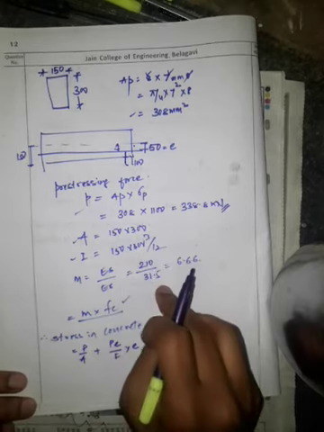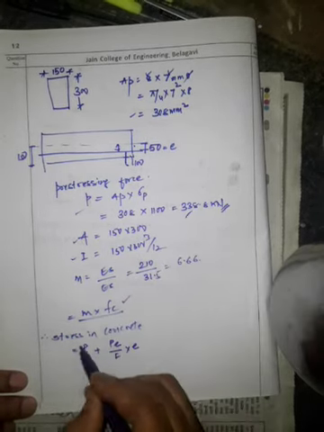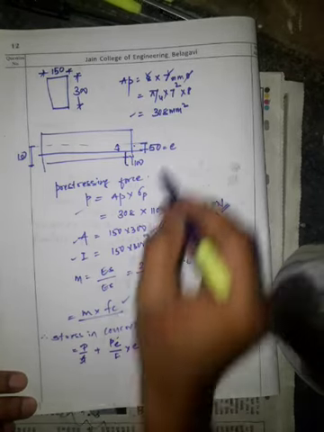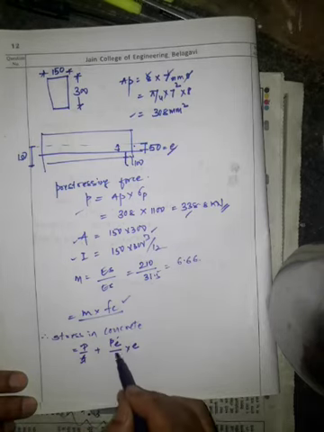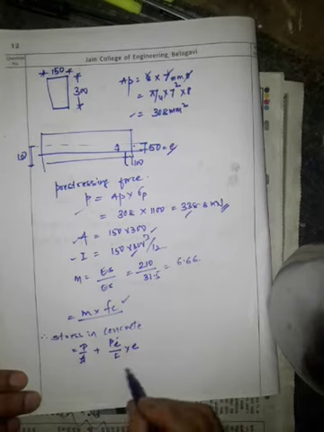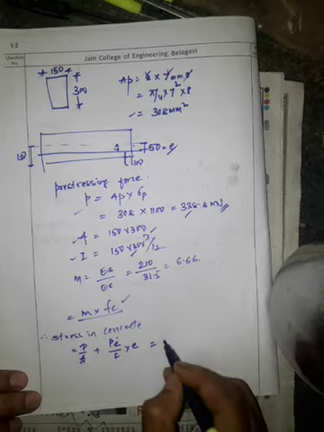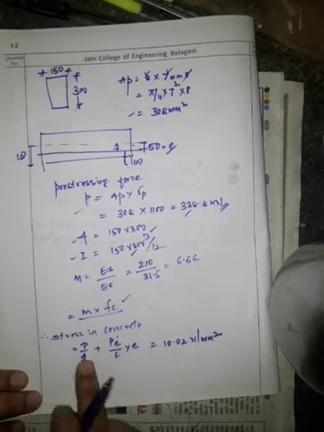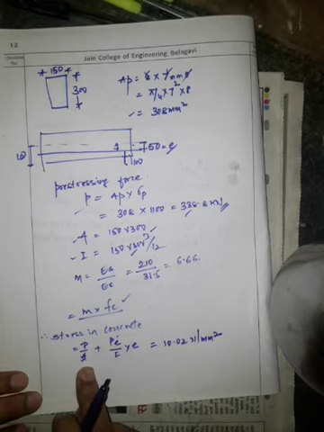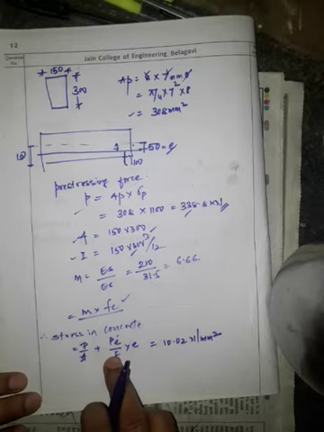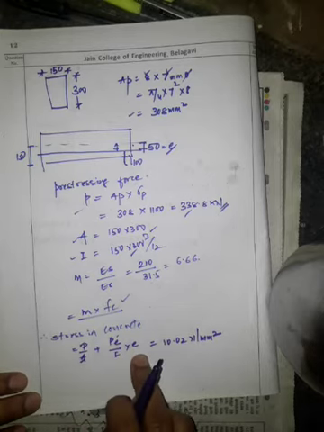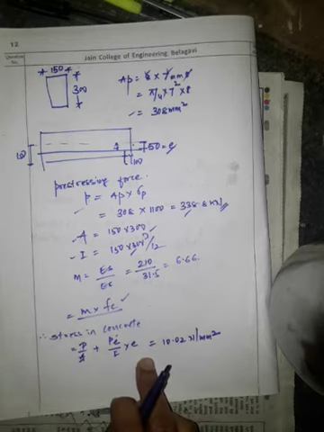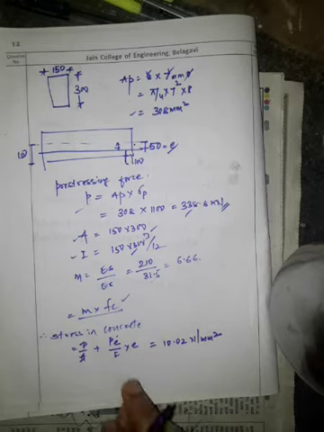According to the given data, we have the pre-stressing force, the area of cross section, and the eccentricity is 50 mm, and I we have as bd cubed by 12. After substituting that, we get the answer as 10.02 Newton per mm square. So this is the stress at the level of steel, that is P by A plus Pe by I into e. Then plus M by I into e we would have to add, but we don't have the load here, so the moment due to load will be neglected.